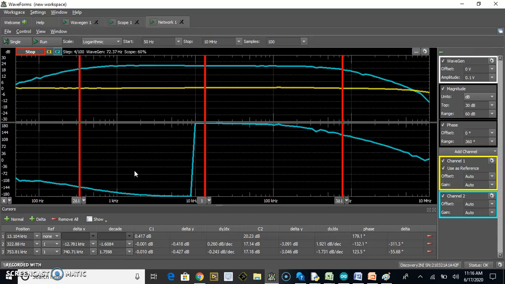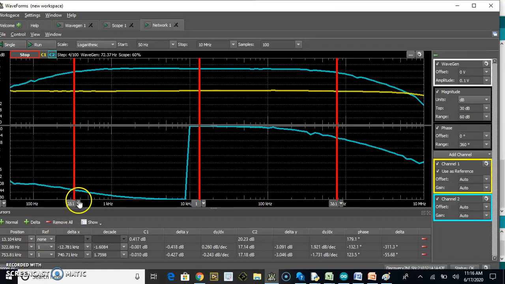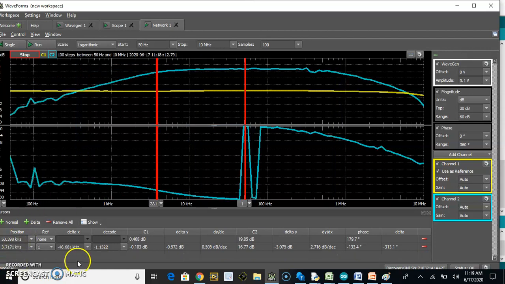We will also see the impact of the coupling capacitor on the frequency response. The frequency response of the amplifier with coupling capacitor equal to 0.1 microfarad. We change it to 0.01 microfarad and see the frequency response. This is the resultant frequency response with the coupling capacitor reduced by 10 times.